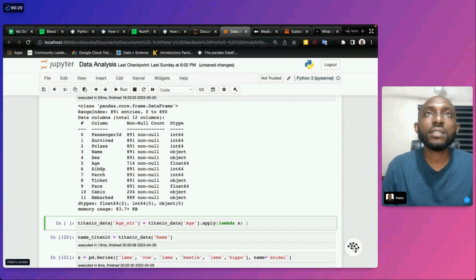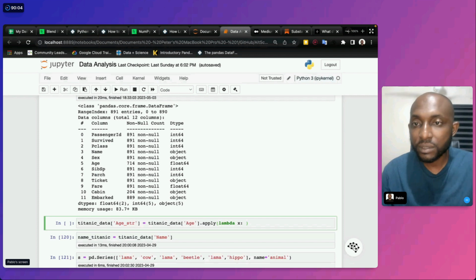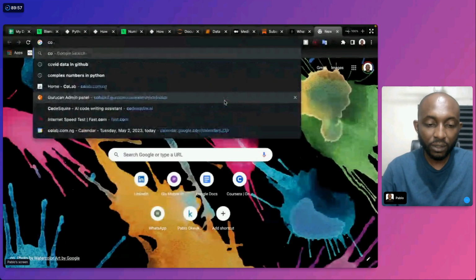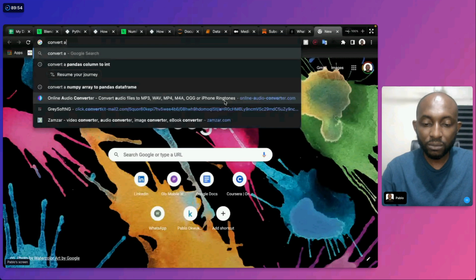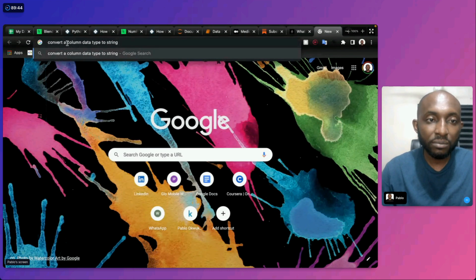And to convert it to a string, what do we do? X, how do we convert stuff into a string? Let me see. Convert pandas column data type to string.